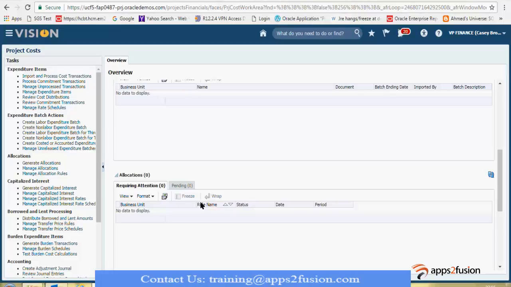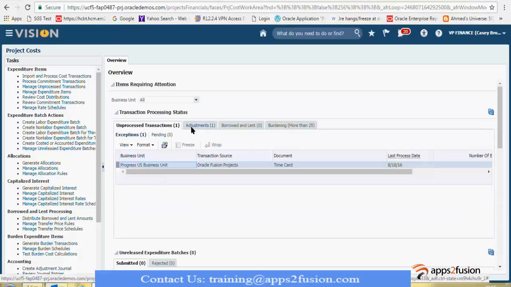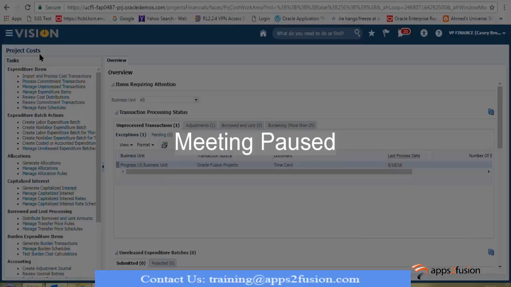But from a time and labor point of view, you are right that transactions which are unapproved at the time and labor end generally will not move on into what we call the consumer of projects through this process. So that is how we can transfer the cost to the project module, the time to the project module rather.